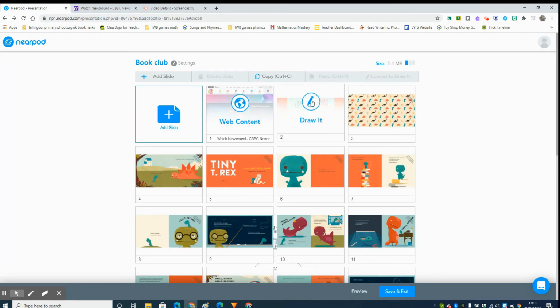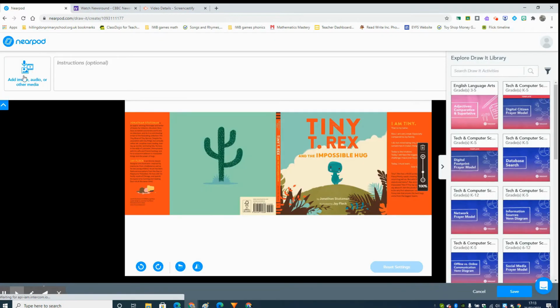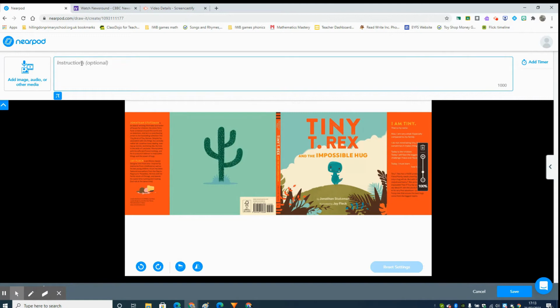Now you can see my slide says Draw It, so it's now converted and I can interact with that slide. So I'm going to double click it in order to open it. And now you can see at the top, I can add certain things in it. So I might want to add instructions. So I might want to say, read the book and add a comment on our